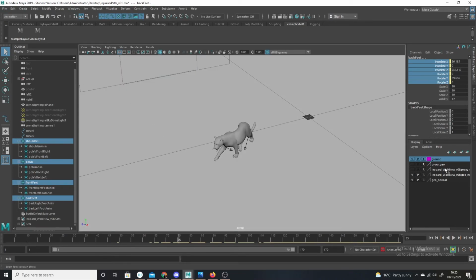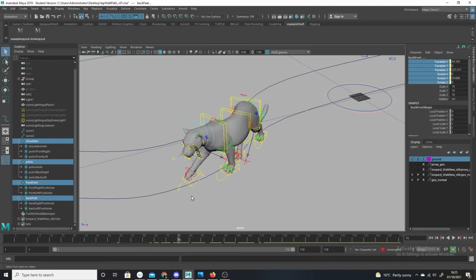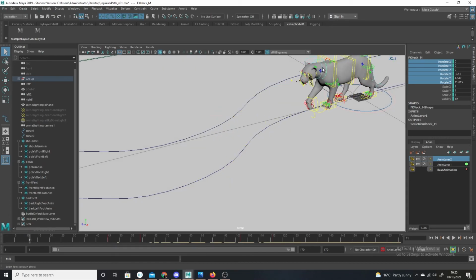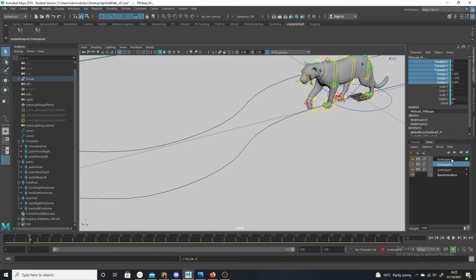Now, obviously, the great thing about this is you can always go in and you can still adjust your animation. You can also use the layers. For example, animals would tend to look and see where they're going. I can use a layer. So I want to put these controls into a layer, and I'll add them here. Those neck controls, I can call it something like head anim